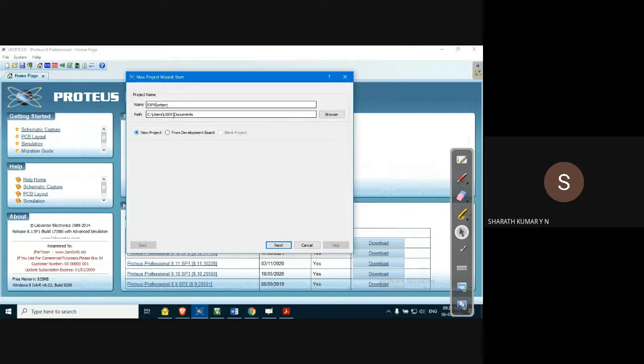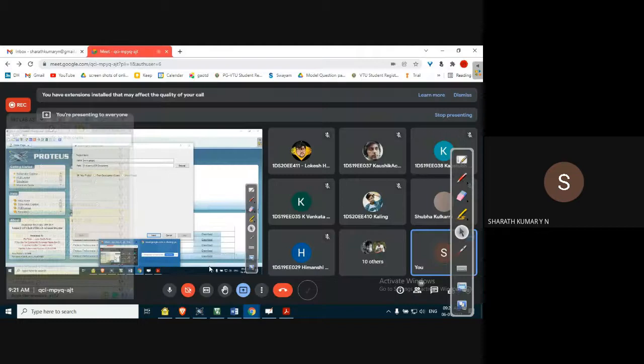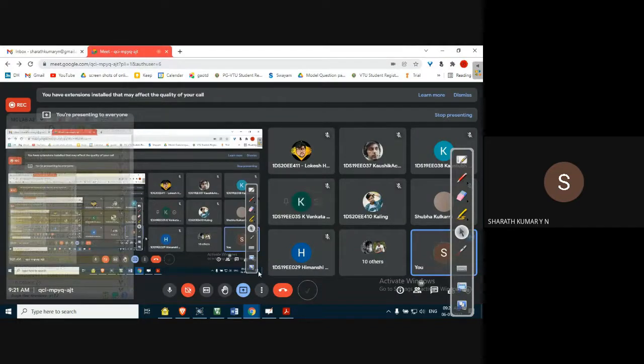But make sure you do not change the file extension, because PDSPRJ stands for Proteus Design Suite project. Make sure that you do not change this dot extension, otherwise it will not work.